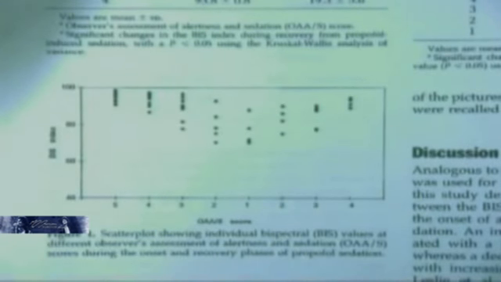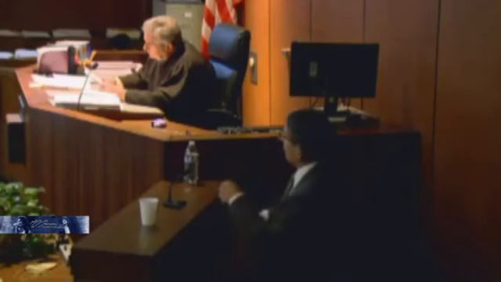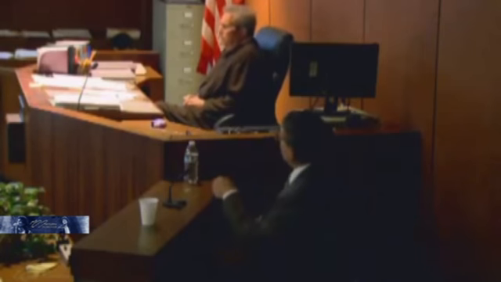Again, the y-axis here displays the EEG bispectral index values. The scale is sort of compressed from 40 to 100. This is the relevant range for patients who are sedated or in anesthesia. Below 40 is not good because patients would be extremely deeply anesthetized. And again, this same observer assessment scale is used, with 5 being awake to 1 being